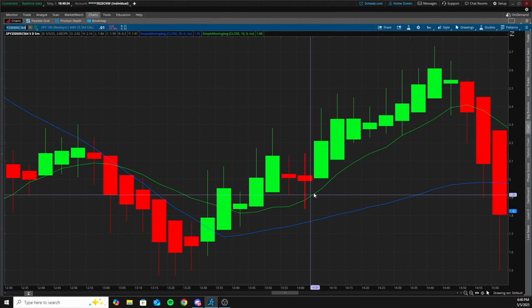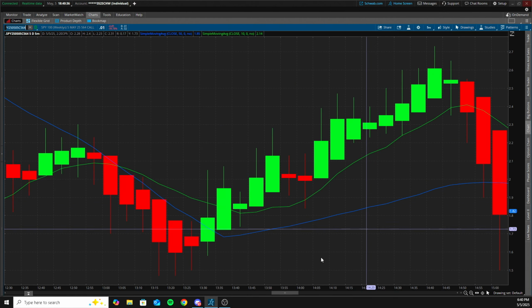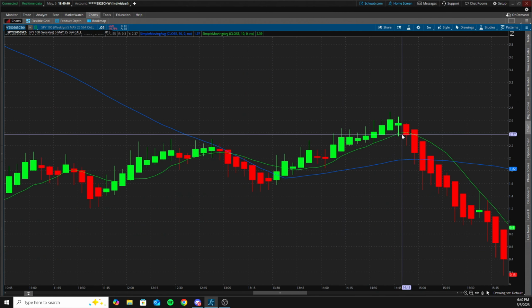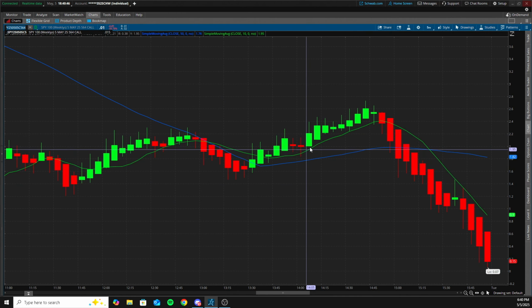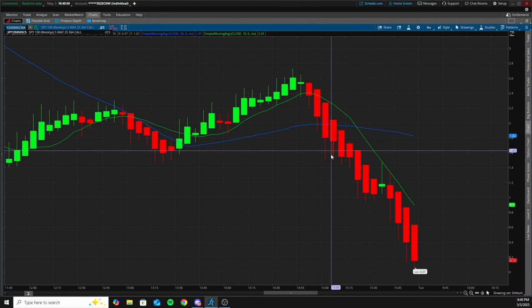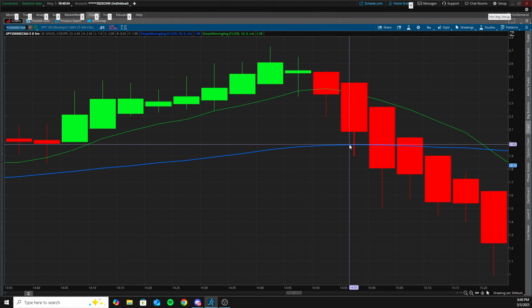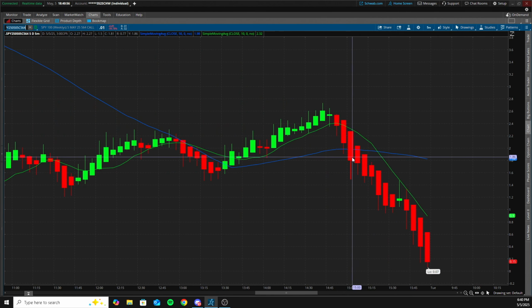And then we just obviously held this 10 the whole way. Always held the 50 the whole way too. So that gave some points. You probably could have squeezed like 40, I think you definitely got 50 points out of this trade when I looked at the chart. So trail that stop up after you're up a good amount, and you would have got stopped at break even on the rest. And we didn't hold that 50 SMA. Obviously we are in a bullish market, but you could have given that a go if you wanted. Obviously you would have got stopped out if you did.